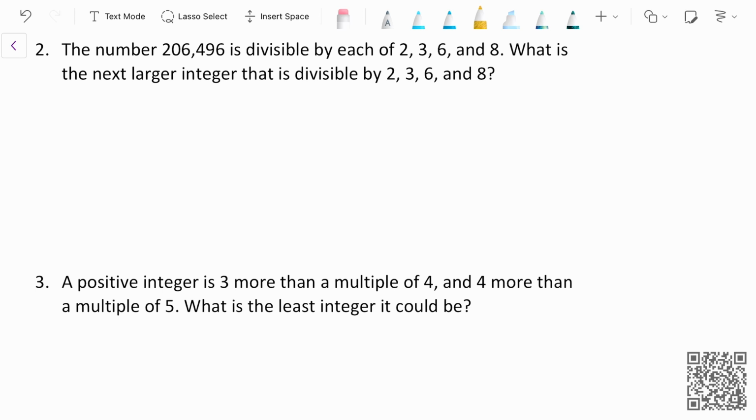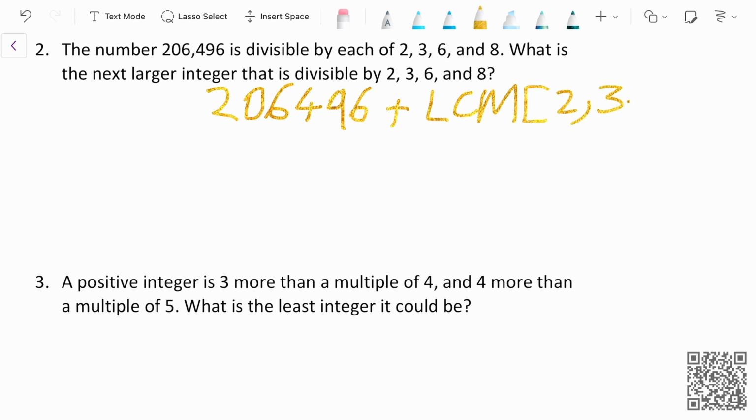So I've done problems similar to this in the past. You guys can go watch those videos, but it's basically, since this number is divisible by all 4 of these integers, then if we're trying to find the next larger one, we're just going to add their LCM, the smallest number that all of them are divisible by. We can add that to this number because that's just a certain number of their LCMs. So taking that idea, we're basically going to go 206,496 plus the LCM of